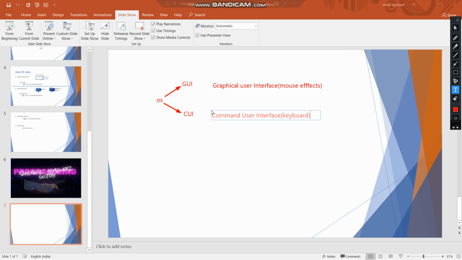Now if we talk about CD, its full form is change directory, and directory basically means the folder. There are some options in the CD. First is CD dot. What do we mean by CD dot?